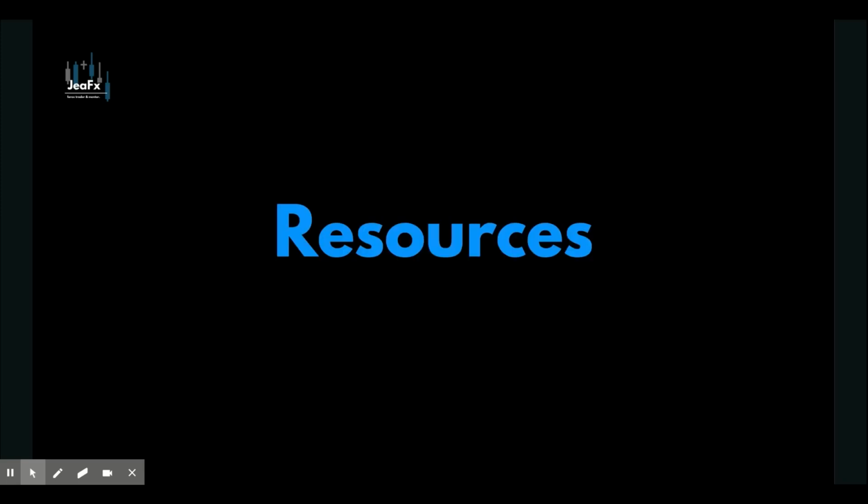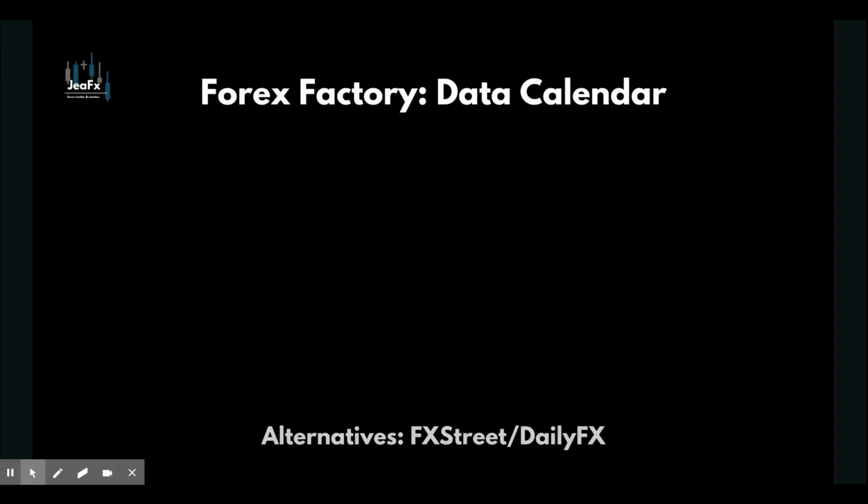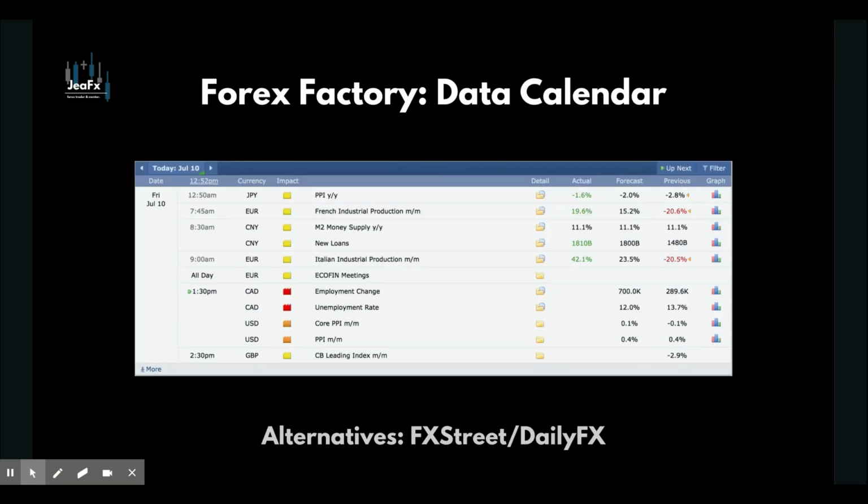So then there are some resources that we're going to use. We have spoken about these in the other videos. First of all being the Forex Factory. This is the economic data calendar that I personally use. This is the one that I use because you can filter by currency. So you can take out the currencies you don't trade. You can also filter by importance and impact, okay?